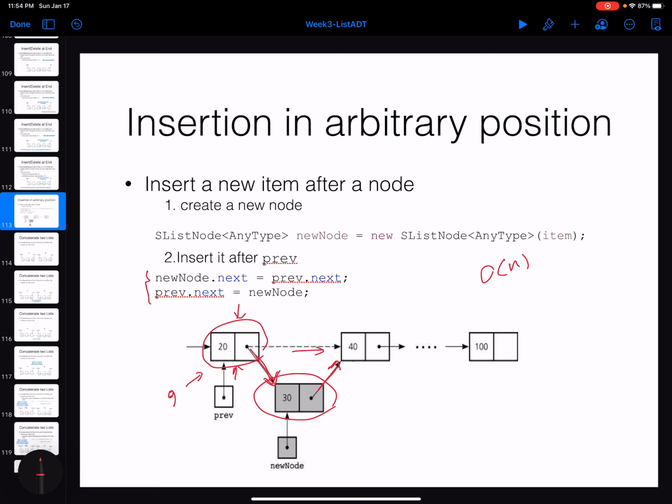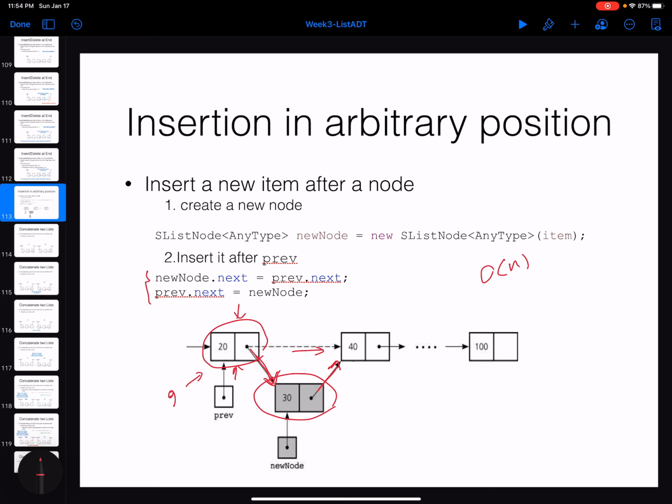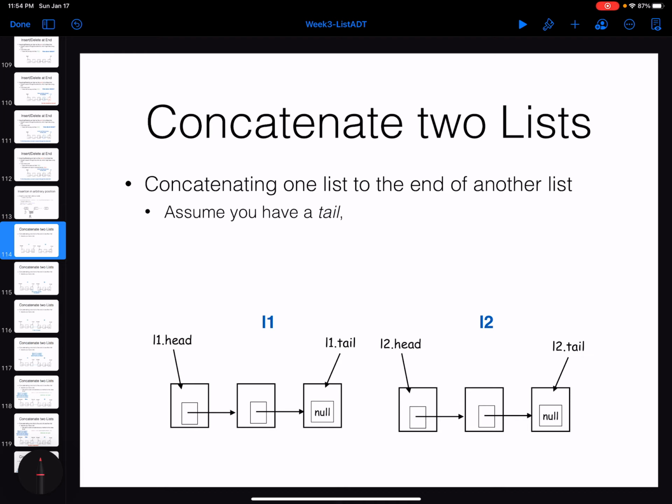We are almost done. These are the main methods that we needed to cover, and I have actually implemented them in the source code as well for you. Some other methods, just take them as an exercise. For example, you can assume